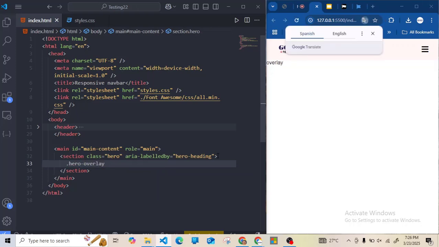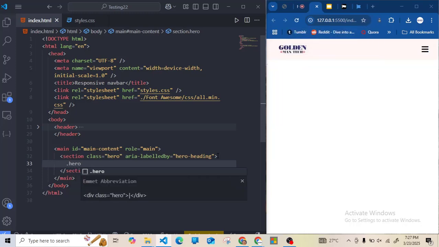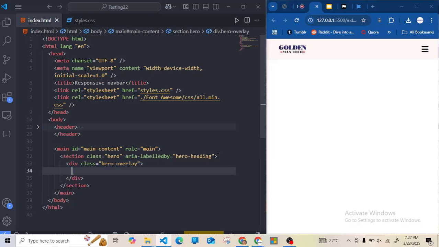I'll give it overlay because we need to overlay a text on an image. So in my CSS, I will not have to struggle finding out where this particular class is and where it is not. If that is done, I'll now put in my h1 element with a class name of